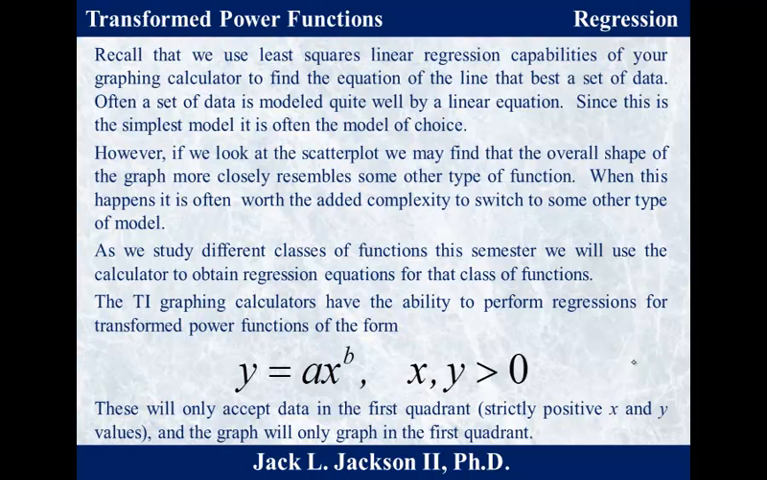Now, this particular one only works when we have essentially first quadrant graphs, so only positive x and y. If you try to perform this power function regression and either an x or y is 0 or negative, even one of them, then it's going to give you an error message. But if you only have positive inputs and positive outputs, strictly positive, not 0, not negatives, then